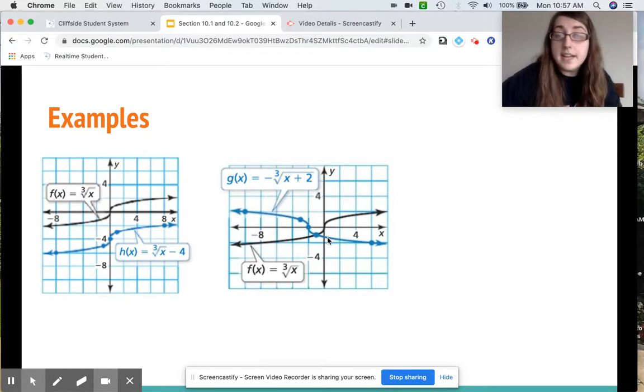Now, if you reflect it, reflecting it over your x-axis would just flip it. So instead of starting in the lower left and going up to the right, you're starting in the top left and going down to the right, making that S-shaped curve. So that's what the negative would be. So you're reflecting it. So up here would go down there,